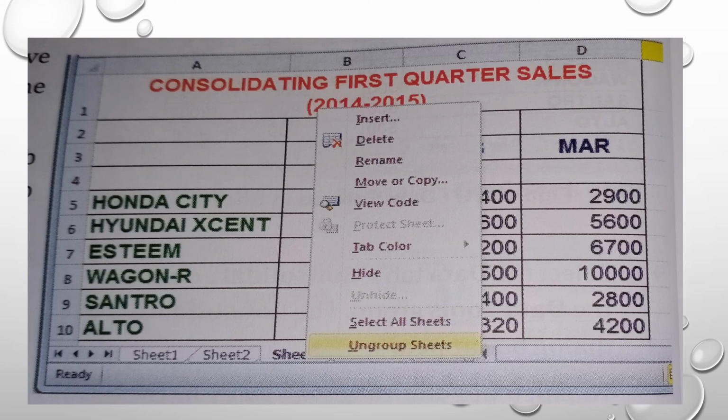Format the heading by making it bold and increase the font size to 18. Apply a border around the heading. First quarter, Sales 2014. Select row 3, increase the font size to 14 and give the bold effect. Similarly, select column A and apply the same formatting effect.